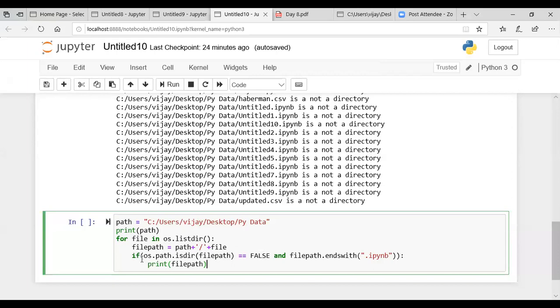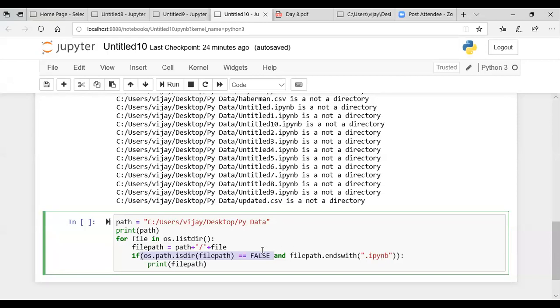What is the meaning of this statement? This statement tells you that whatever is that complete file path, if it is not a directory, because we want to determine all the files which are ending with this extension .ipynb.